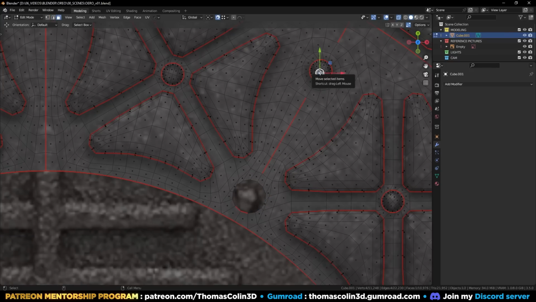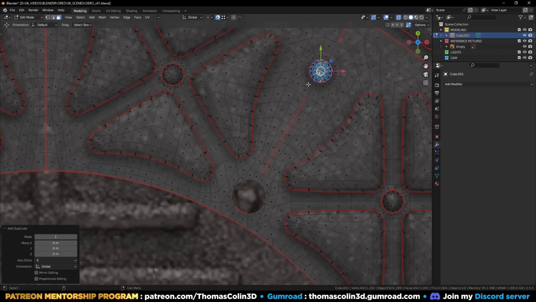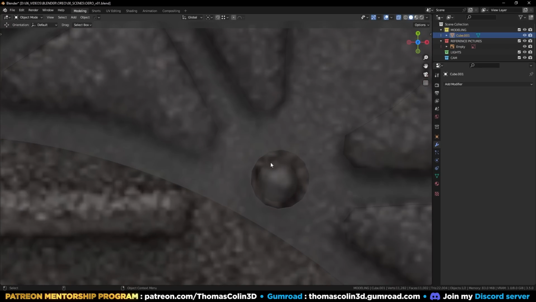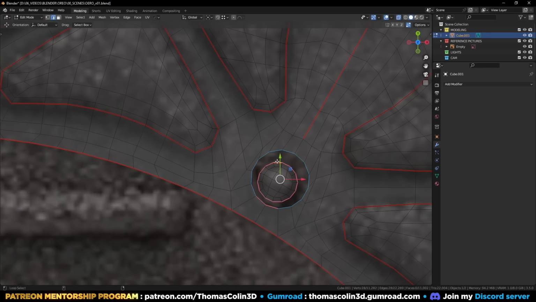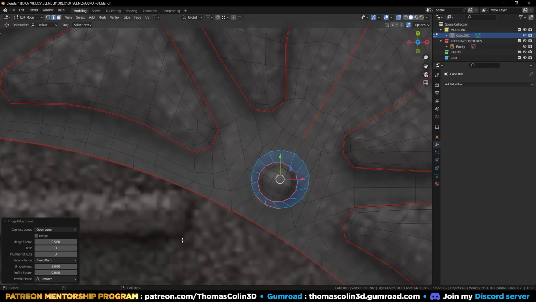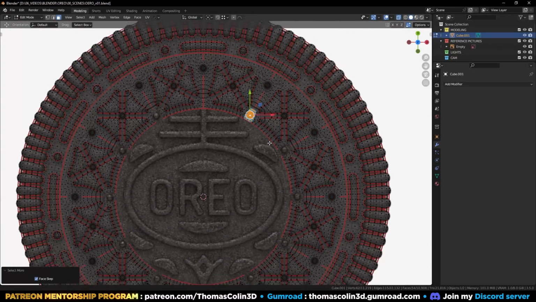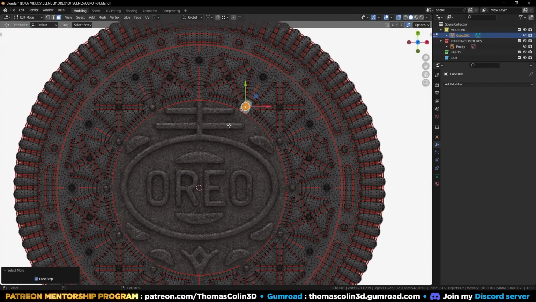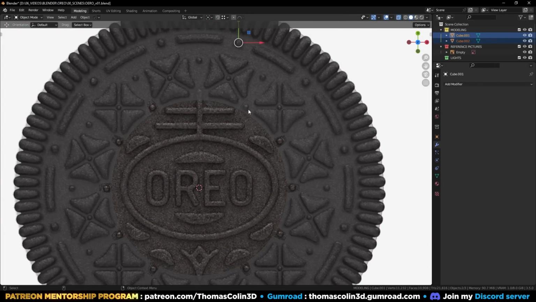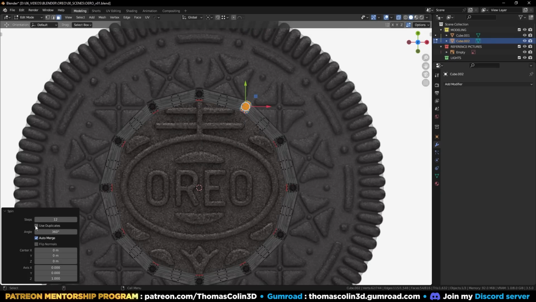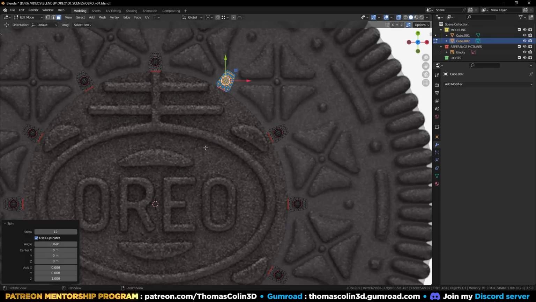and I'm going to select this, duplicate, place it there, select the borders, right click, bridge. Press L, grow the selection twice by pressing Ctrl plus on the numpad. P, separate by selection, select the faces, Alt E, spin, use duplicates, and I'm going to